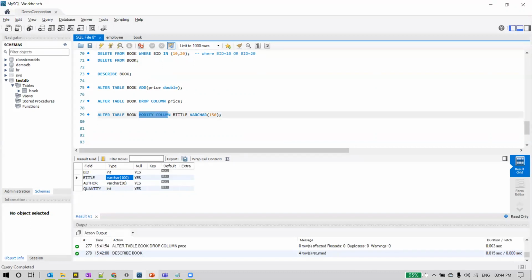So we specify modify column name, and what we want to modify this column to. I want to modify this column's data type. The data type will remain the same, but I just want to modify the size of this column. So this is how we can specify the data size here.